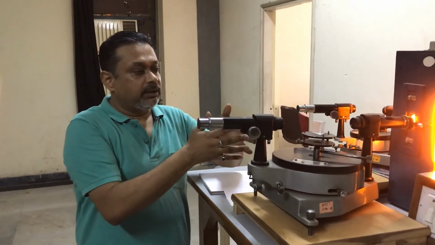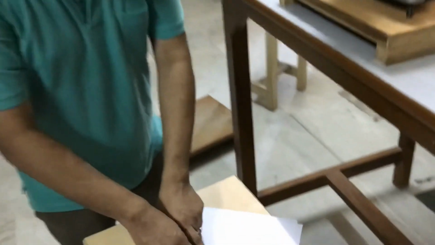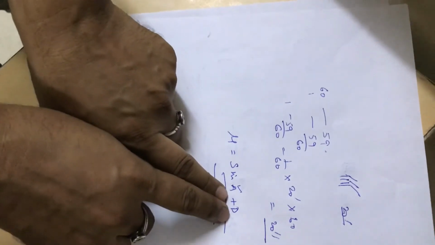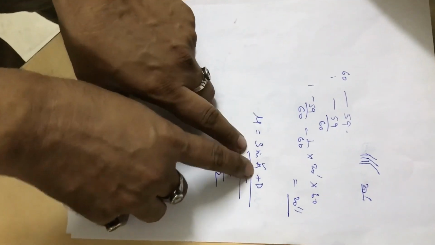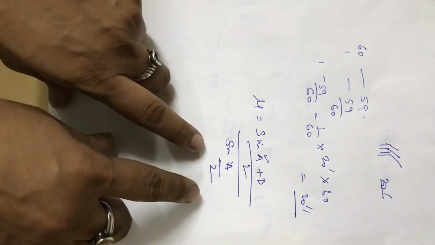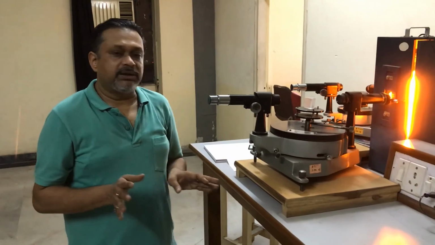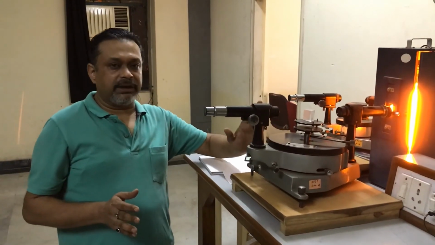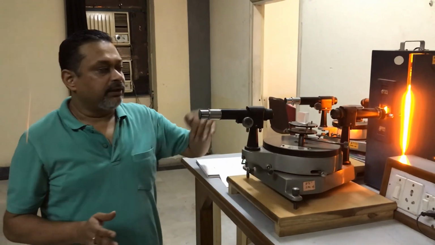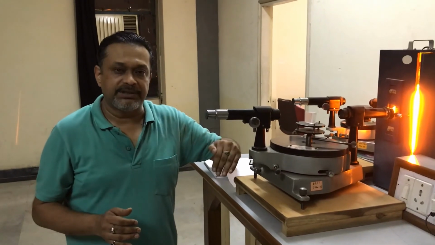So we have calculated the angle of minimum deviation also. This value of angle of minimum deviation has to be put in this formula. So we have mu, the refractive index, is equal to sine of (A plus D) by 2 divided by sine A by 2. I would like to repeat here one thing, that this experiment basically consists of two parts. First part is to calculate the angle of prism, where we look for the position of the slit on the left side as well as on the right side. The difference gives you 2A, divided by 2 to get the value of A, which is the angle of prism.